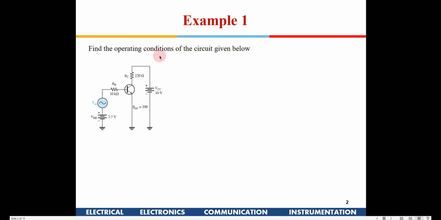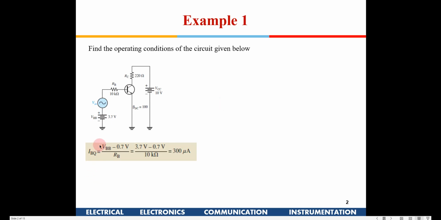When I say operating conditions, it means the DC operating points. For the DC operating point, as we discussed in the class, there are only two things we need to remember that would be good enough to get all the results. One is that for a DC equivalent, the base and the emitter can be considered as a diode, so we need to drop 0.7 volt across the base-emitter junction. Then we have the standard equation: I collector is beta times I base. These two equations are good enough for us to compute all the DC operating points of the circuit.